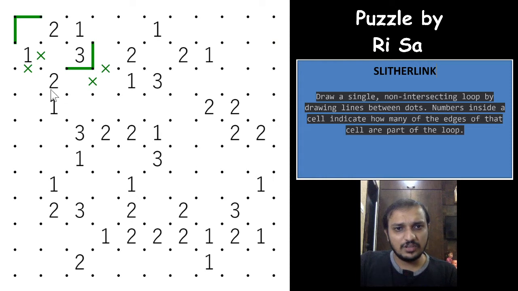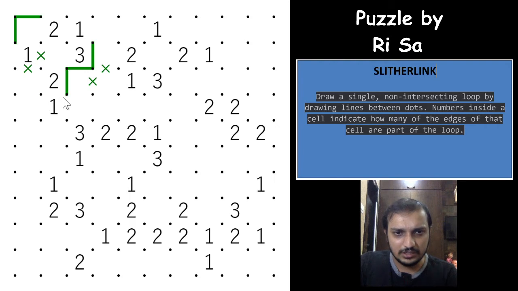Same way this works here as well. This is at the edge right now because both of these are crossed out, so this 2 will either go this way or this way. There are only two possibilities for the 2 to happen. It will either have to go this way or this way, and in both the ways this loop segment will go only at the bottom for the 2.